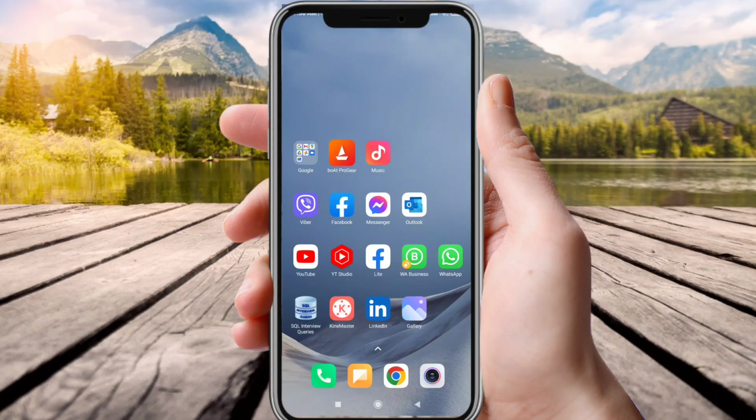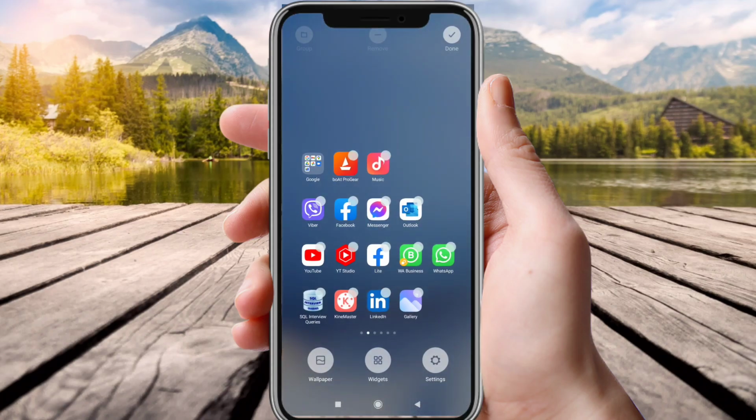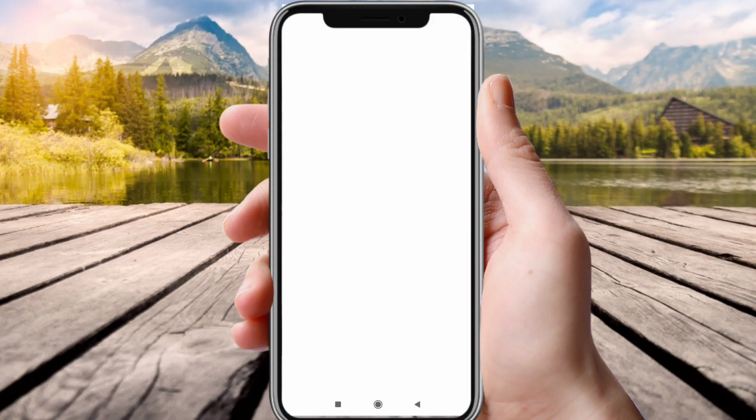How to change wallpaper in your Android mobile. So let's get started here. First of all, open your home screen and just tap anywhere on your screen, and you can see the dialog box is open and you can see your wallpaper. Just click here wallpaper